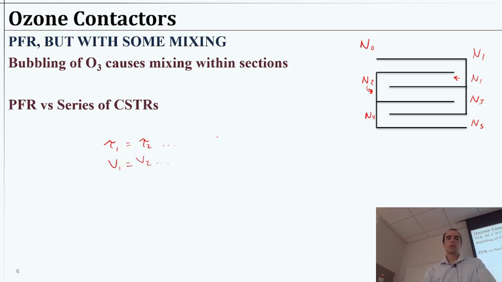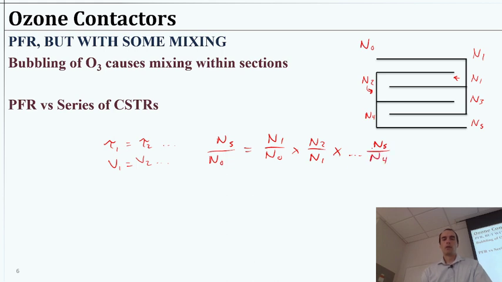then ultimately we could set up an equation saying that if we want to find the final concentration compared to the starting one, we can get there by essentially pairing all these reactors in place to cancel out ultimately to get N5 over N0. Right. Each of these reactors we could put in that way, and once we do that, everything will cancel except the N5 and N0. To write that, if we were to solve the mass balance, the mass balance on a CSTR